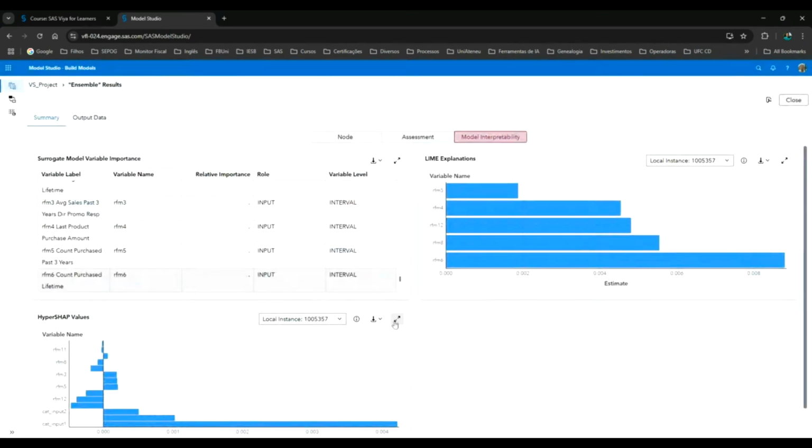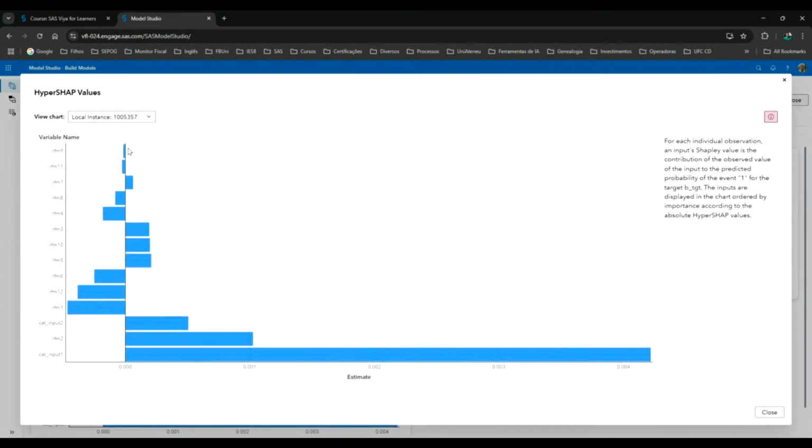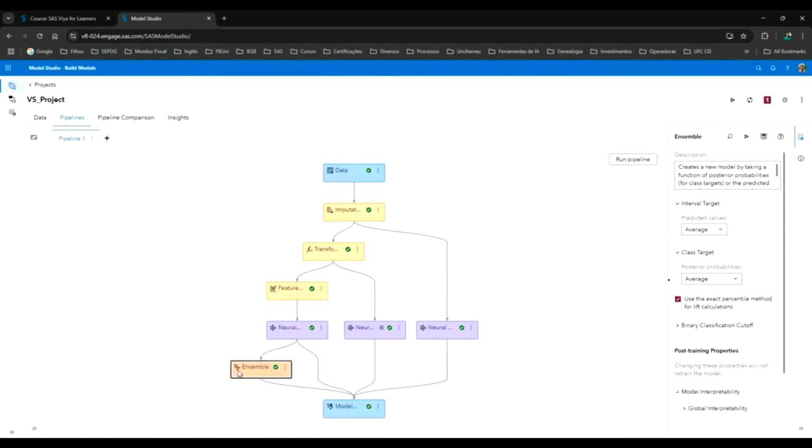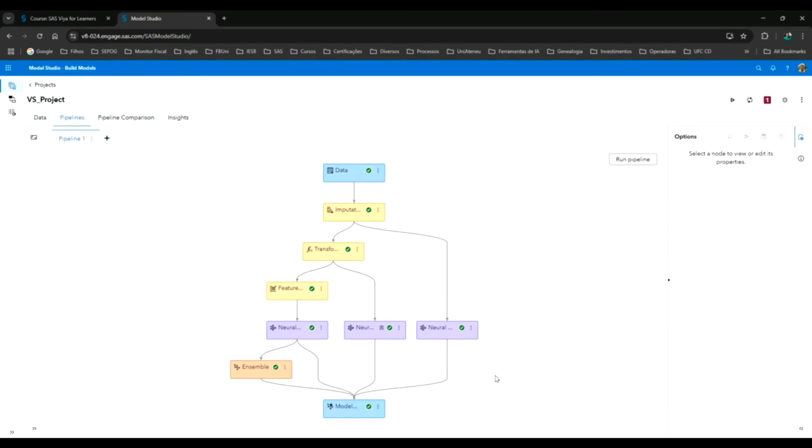This is possible when you are using the ensemble node with just one model. This is a good trick. Okay, then this is all that I wanted to show you.